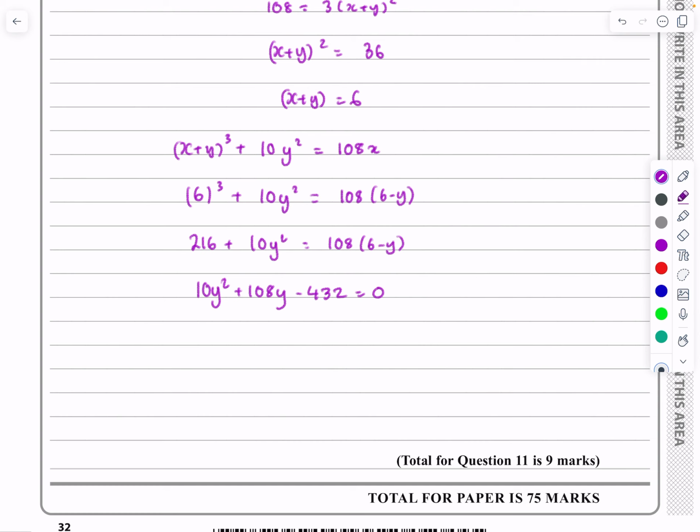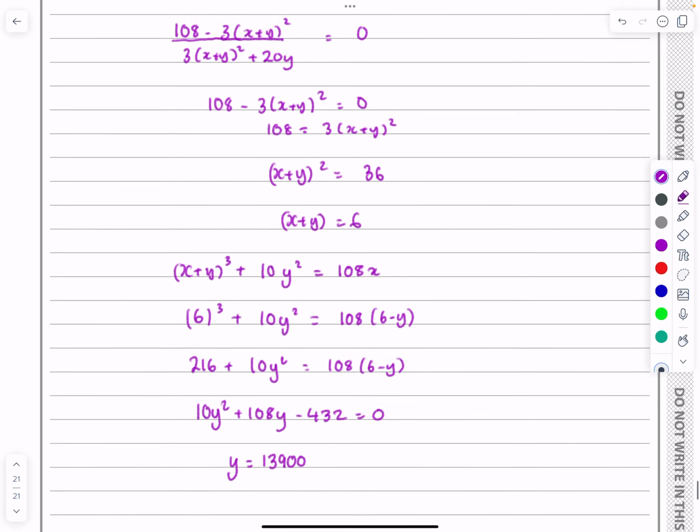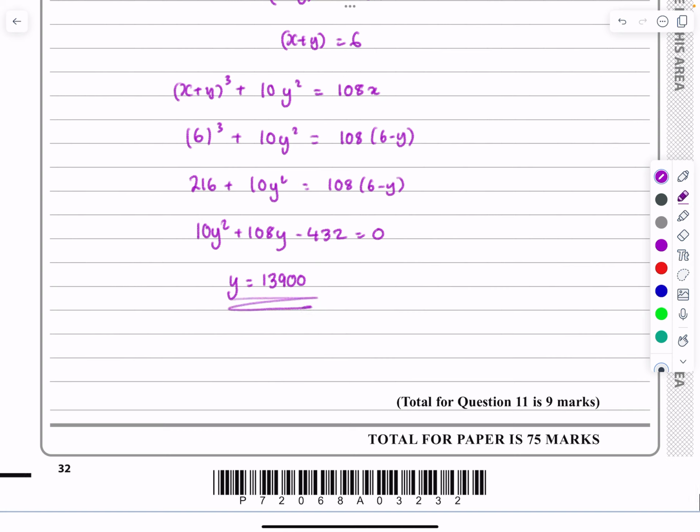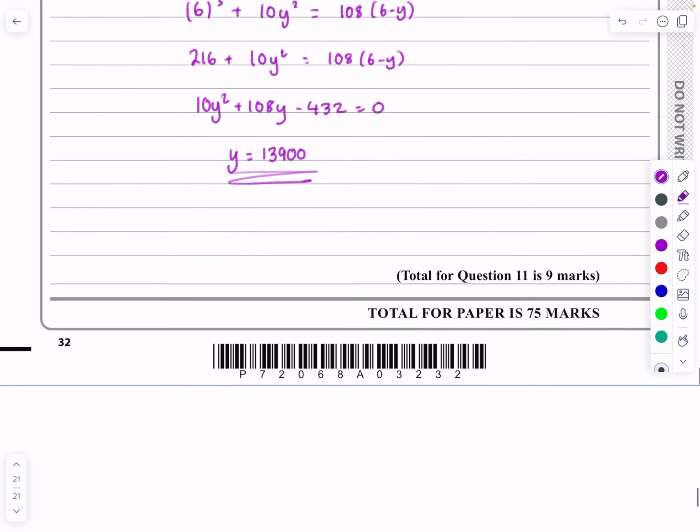Now, you can solve it by factorising, you can solve it by sticking it into the formula, and when we do stick it into the formula, we'll get a positive and negative answer, and we are only interested in y being minus 13.900, because we know that this answer is the negative value there. But they said, can we have the actual length of it? So the length of it is going to be 13,900. What does it say? And I've corrected that to the nearest 100 meters as well. So sticking that into the formula, getting you two answers, and then we want that one because